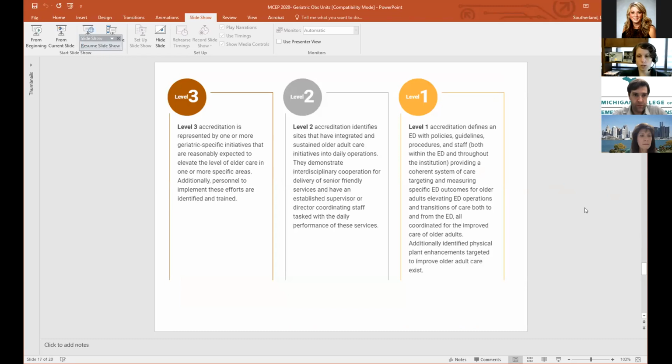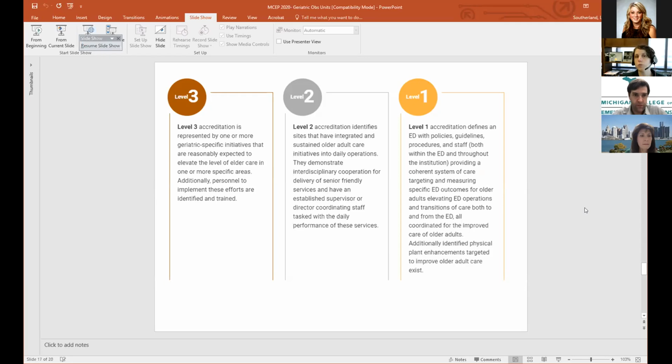So getting back to the concept of geriatric ED accreditation, the whole rationale behind this is to point out that some EDs are trying to do more of this work and be better for their older adult patients. They built it as sort of a trauma system where level 1 is the highest and level 3 is the lowest. And level 3, all of you can get. It is one QI project and one doc and one nurse that are interested in geriatrics. So you've done some geriatric CME and you've done a QI project, and that can be